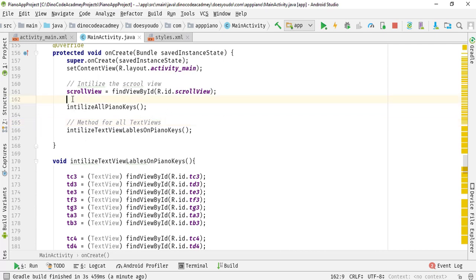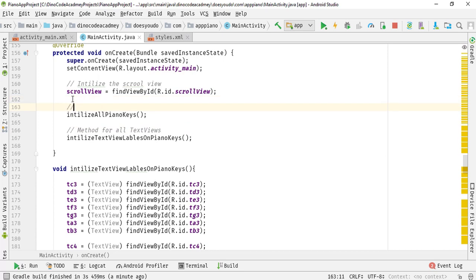Then at the top of the initialize all piano keys method, I'm also writing one comment, method for all piano key buttons, and also piano key labels,